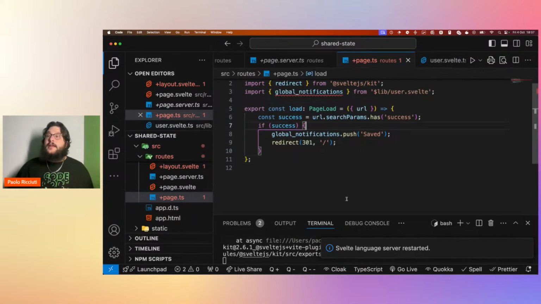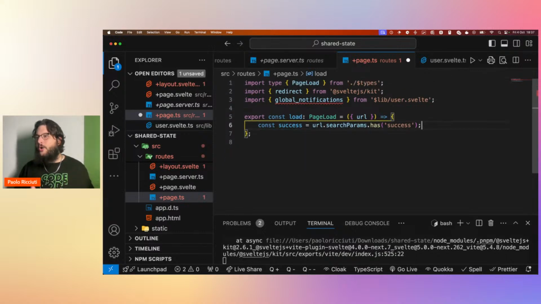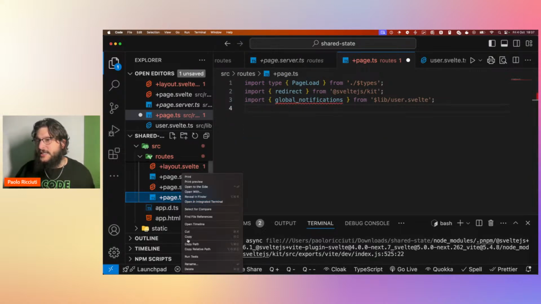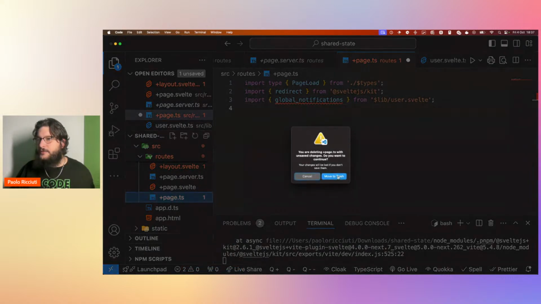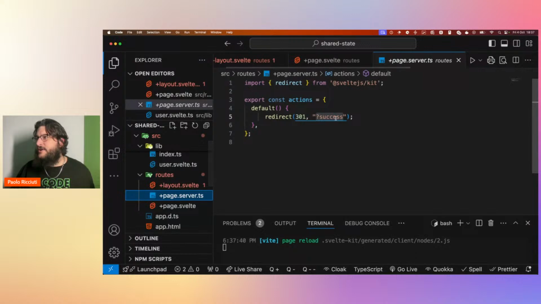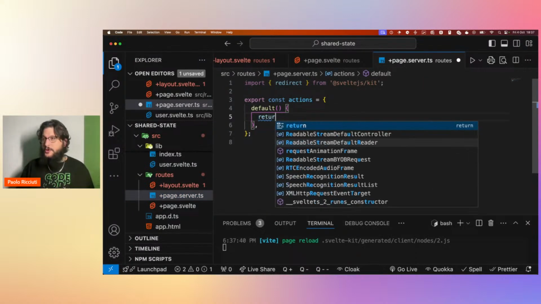Okay. And obviously, this is a contraption. You shouldn't do this. It's not the normal way to do this kind of stuff. So let's say that you want to add a normal notification. Instead of doing this whole contraption, you can just do this, and you can remove the whole page.ts, delete, move to trash, and on the layout.server, you don't need to do this anymore, but instead you maybe want to return